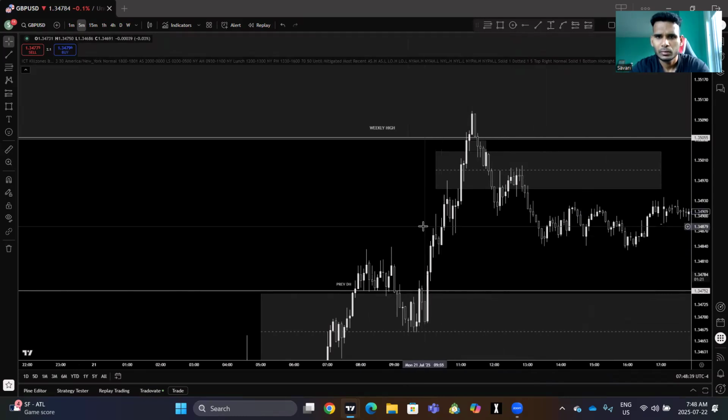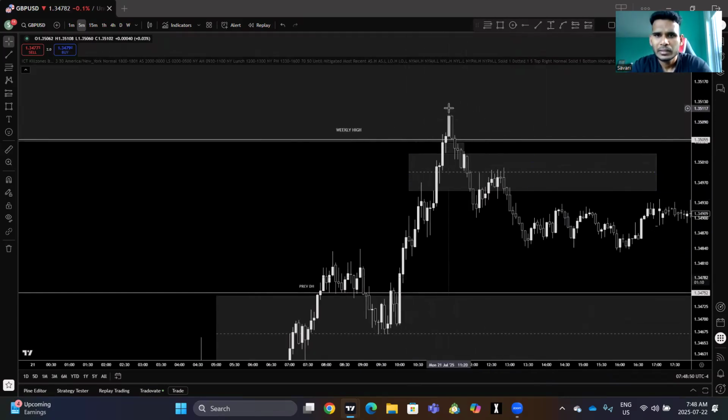So this is an order block. It's a down close candle. It respected the fair value gap, holding the price. It keeps on going higher. As soon as price clears the weekly high, as soon as price reaches the weekly high, it goes and grabs the liquidity, instantly dumps, and comes all the way down.